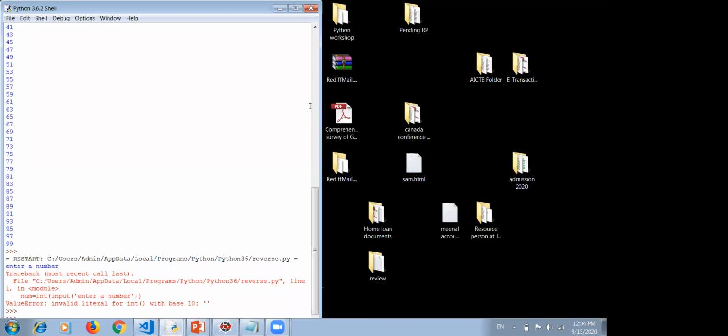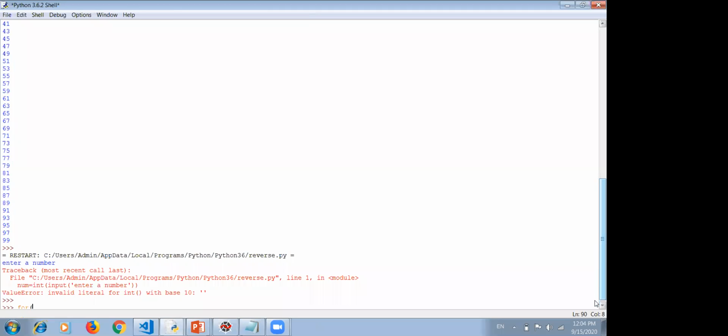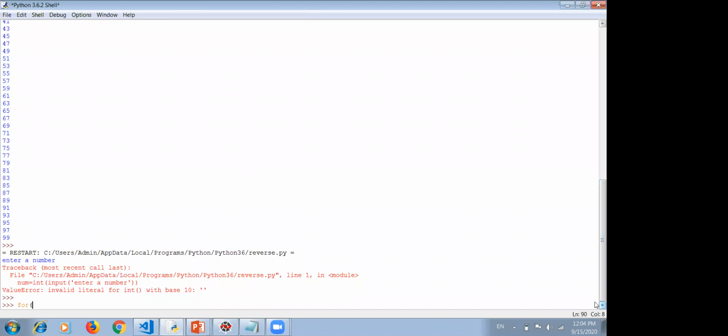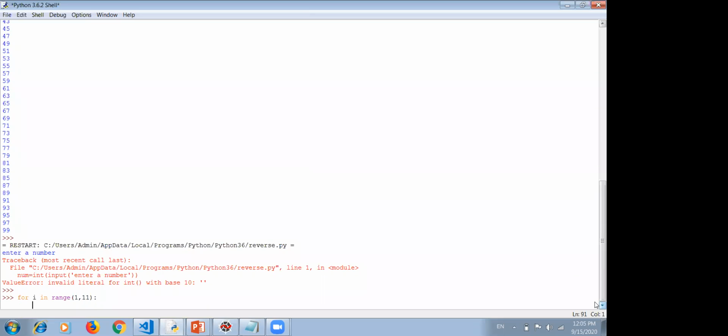Suppose I write a for loop: for i in range of 1 to 11, I just print i.